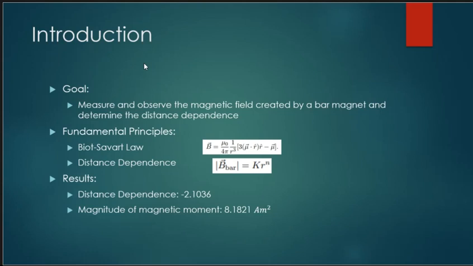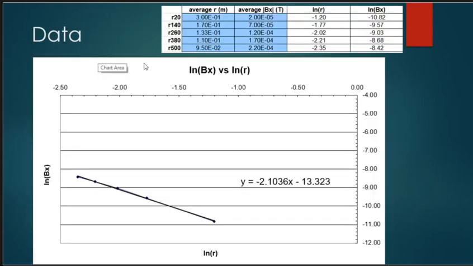The results that I got from this lab were: the distance dependence was negative 2.1036, and the magnitude of the magnetic moment was 8.1821 Am². The data that I got from this lab is shown here. The values above show the strength of the magnetic field in relation to the distance between my phone and the bar magnet. And then this is a graph showing those data points plotted